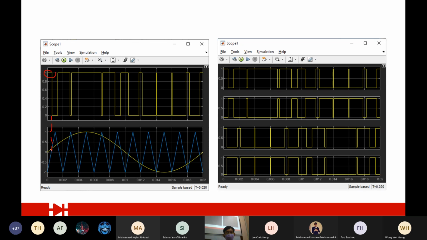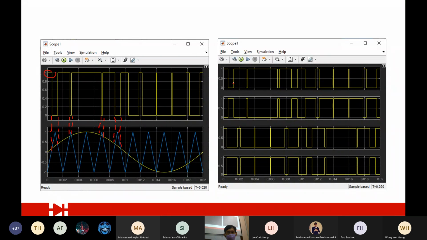When the yellow color is lower than the blue color, you see it becomes low. And this process repeats itself, and this is how you modulate your sine wave